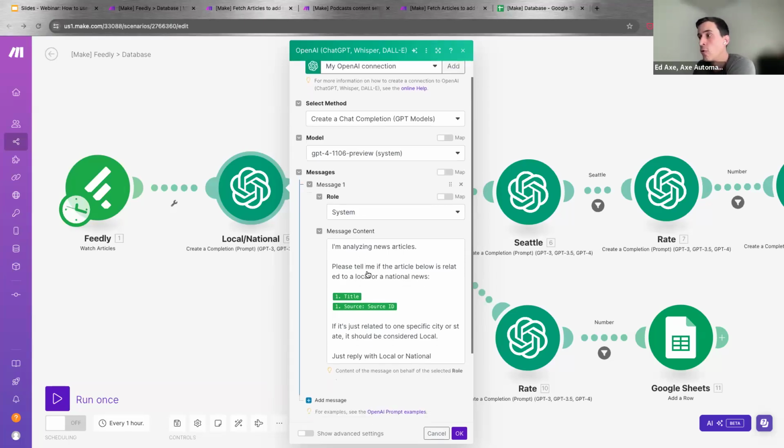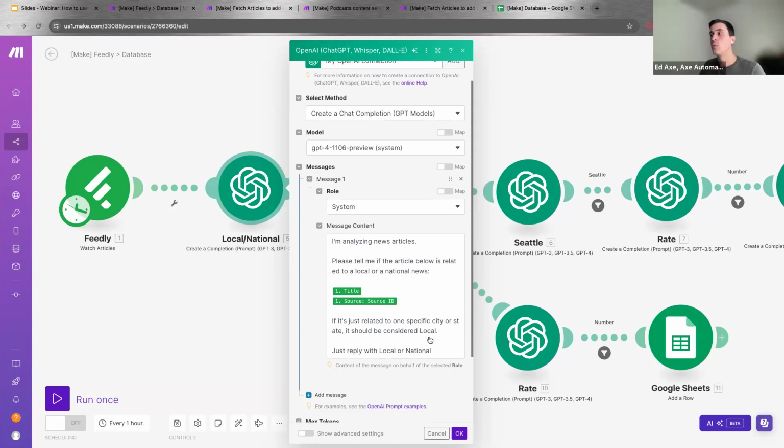So for this case, we first wanted to analyze whether the news article was related to local news or national news. For this client, we were looking at news articles related to Seattle. So I wanted to identify if this was local real estate news related to Seattle, or if it was a national piece of news.